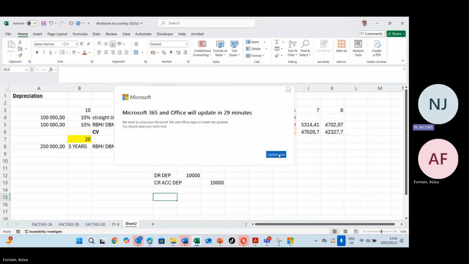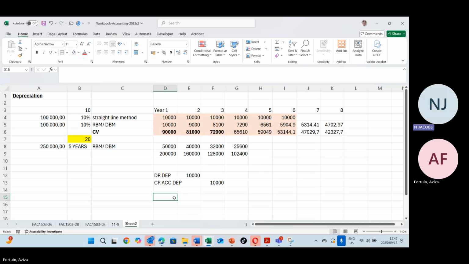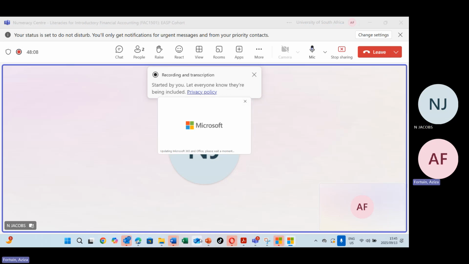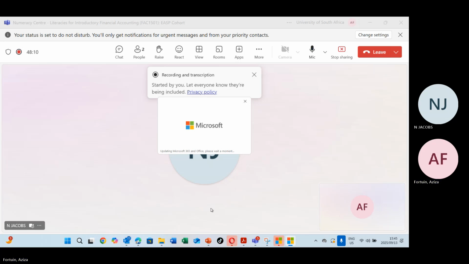I have a question quickly. Yes. I don't want to sound too dumb. The 10,000, straight line, that is the depreciation value, no? Oh gosh, my computer just updated in the meantime. What a calamity. So I lost that stuff that we did. Yes, okay, you were saying? The 10,000 straight line, that is the depreciation value, no? Yes. Now the accumulated is also 10,000 balance.